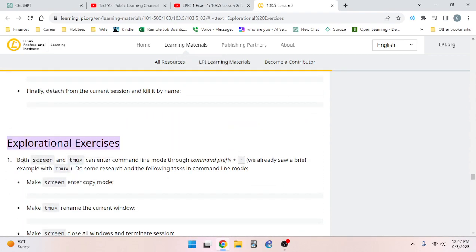So the first one is: both screen and tmux can enter command line mode through the prefix, and then this is a plus sign, so it's the command prefix. For screen, that's Control A. So you hold down Control, then you hit A, and then